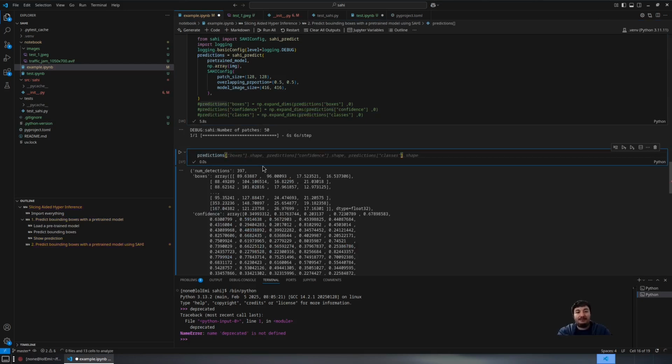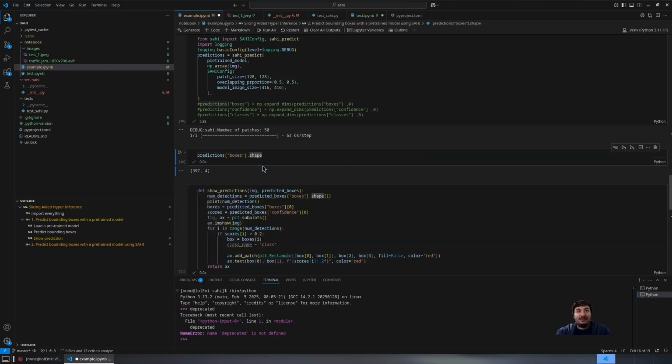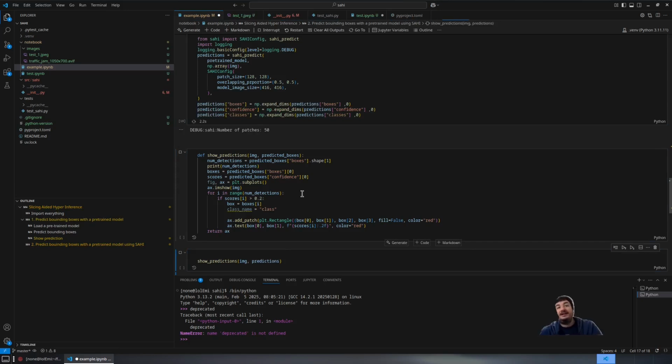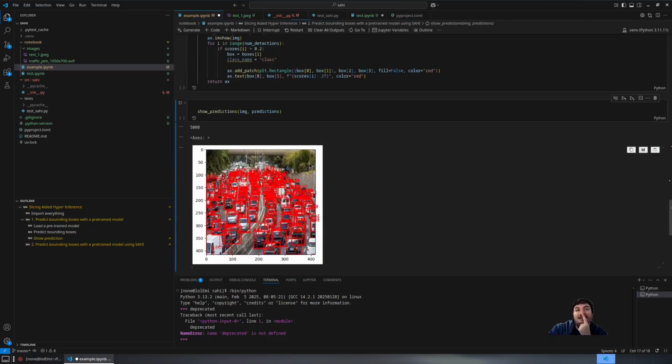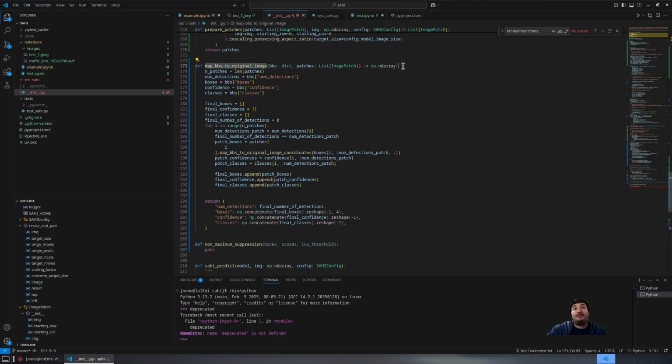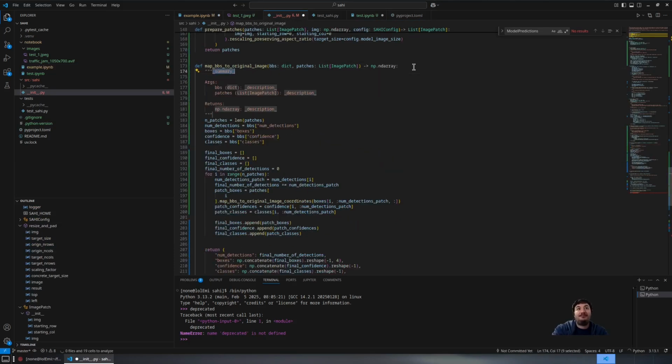Okay, the number is probably right. We have our boxes, and we have, okay. And we plot it like this. What do we see? Probably the same thing. Okay. So we have our maps. The predicted bounding boxes from patches to the original image coordinates,